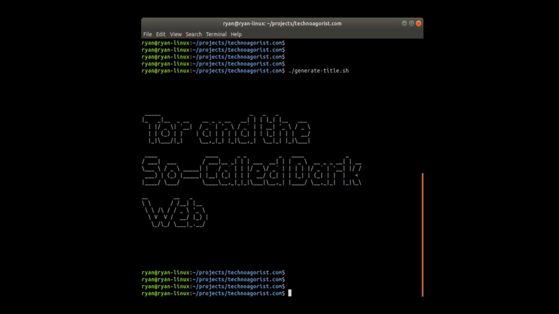Today we are looking at Tor and the so-called dark web. The word Tor comes from the acronym TOR, which stands for the Onion Router. What the Onion Router, or Tor, does is it routes your internet traffic through multiple Tor nodes on its way